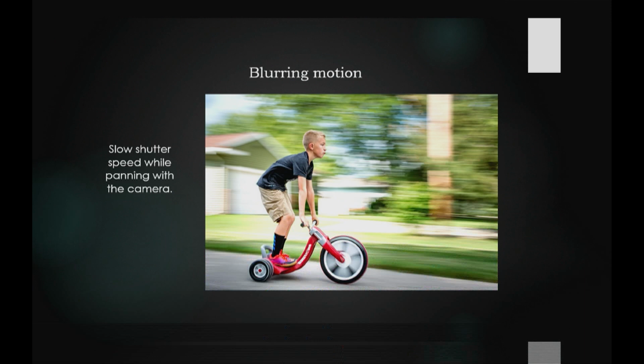This is done with a slow shutter speed, but also panning the camera. So if I had just held the camera and left it open, he would have been blurry too. But by moving the camera as I took the photo, I was able to keep him nice and sharp while blurring everything